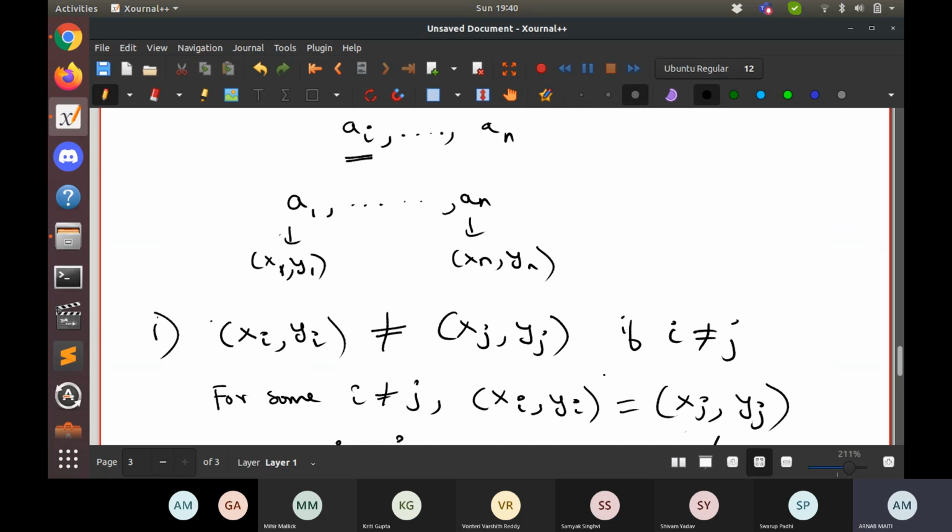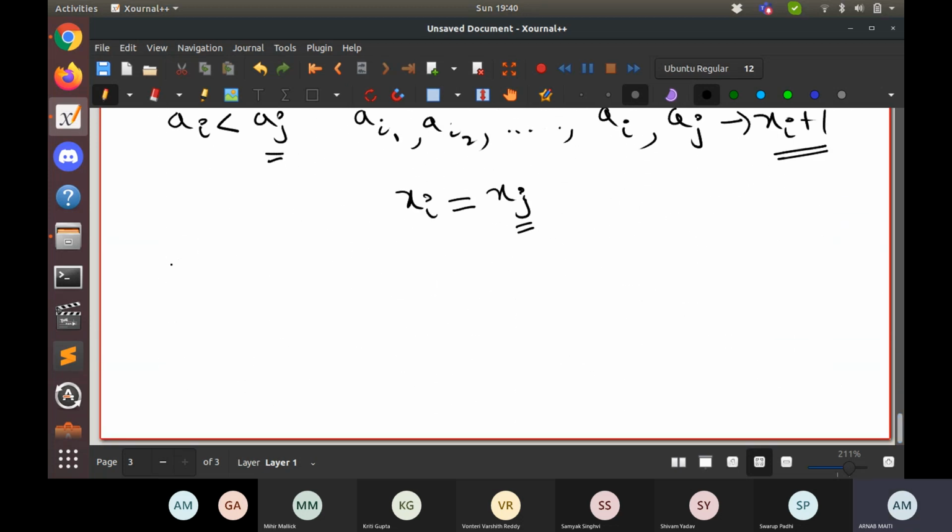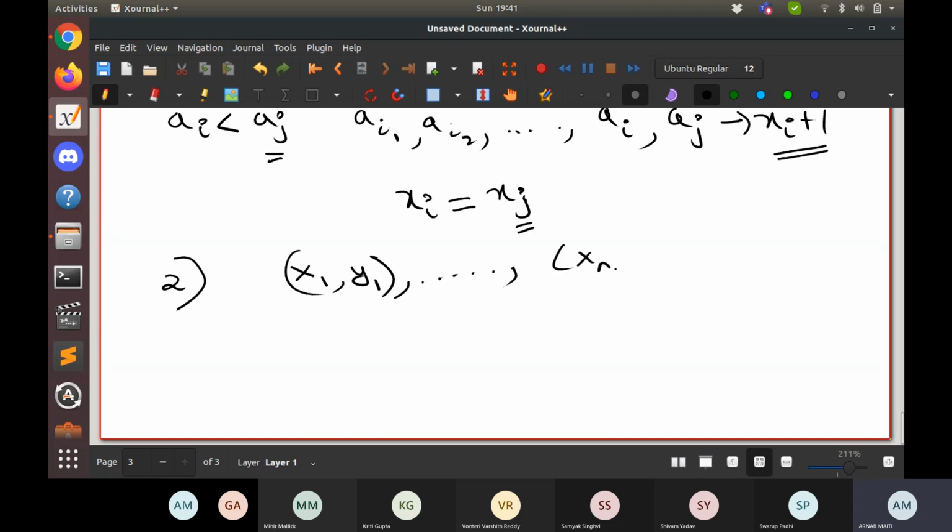Once we show this, the proof is kind of done. We have all these xi's and yi's, and all these are different tuples, different from each other.